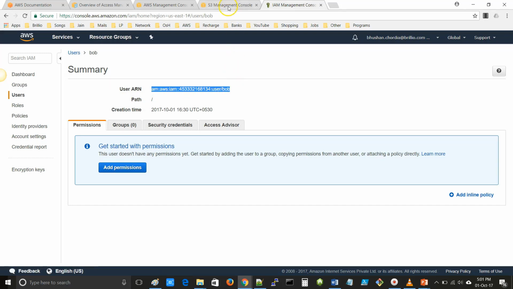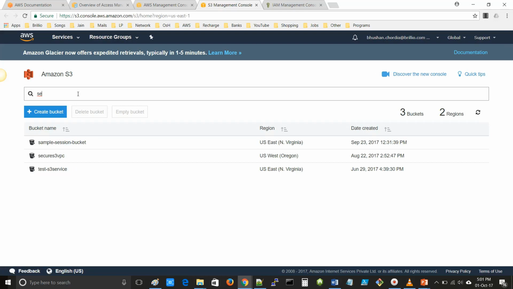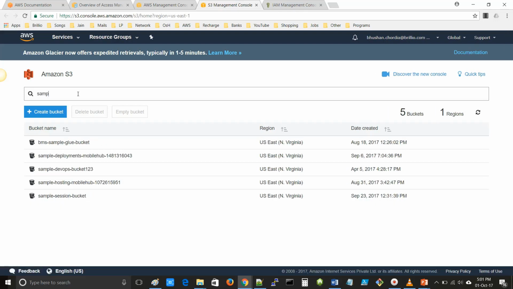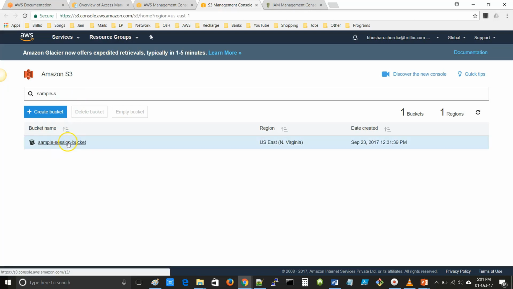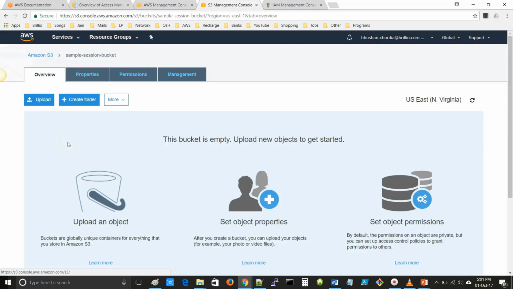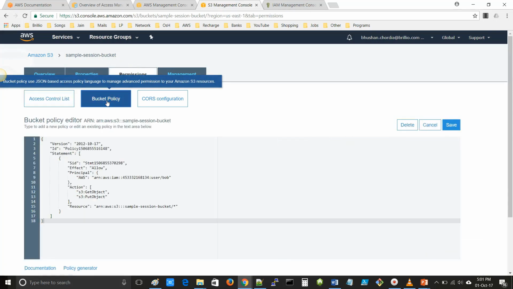Now let's go to the bucket. For the demonstration of user-based and resource-based policy, I already have a sample bucket which I have created. Click on that bucket, then click on Permissions and click on Bucket policy.